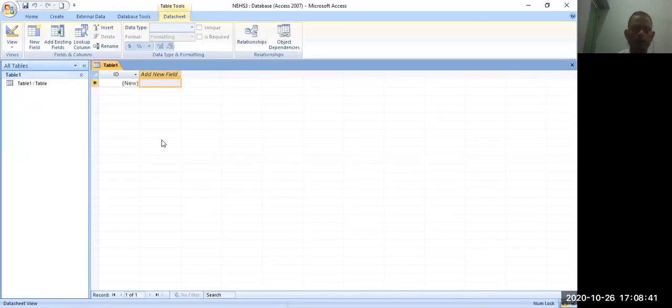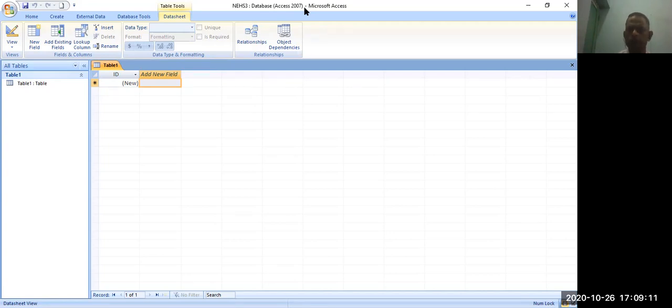Now we are able to create the database. What is the name of the database? NEHS 3 is the database name, because we have already created NEHS 1 and 2. Now you can see the title here, NEHS 3 database Access 2007, because I use Microsoft Office 2007.